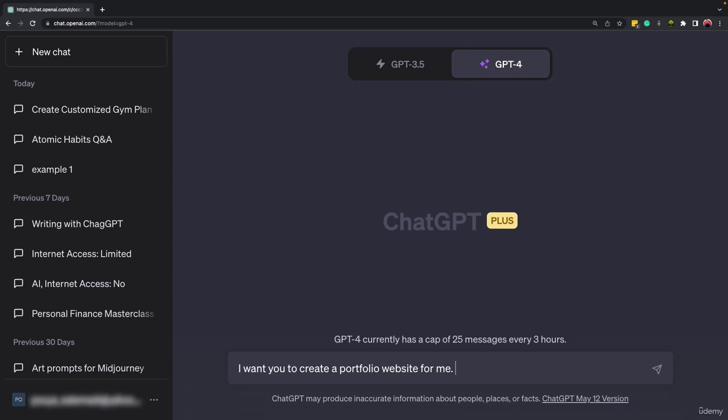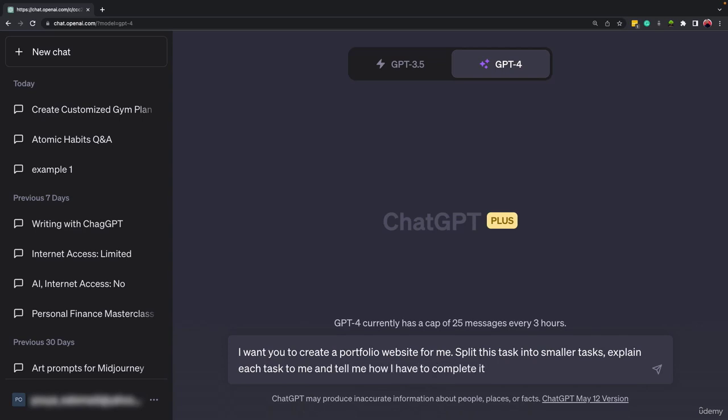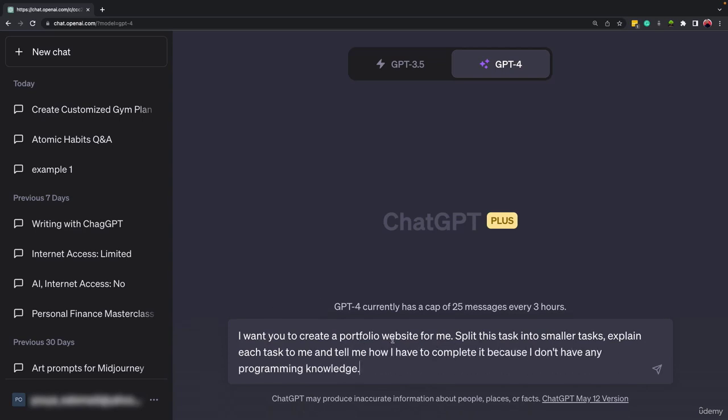Let's say I don't have any knowledge of programming, then go for the next step, okay? So I wrote down, split this task into smaller tasks, then explain each task to me and tell me how I have to complete it because I don't have any programming knowledge, okay? So I'm going to